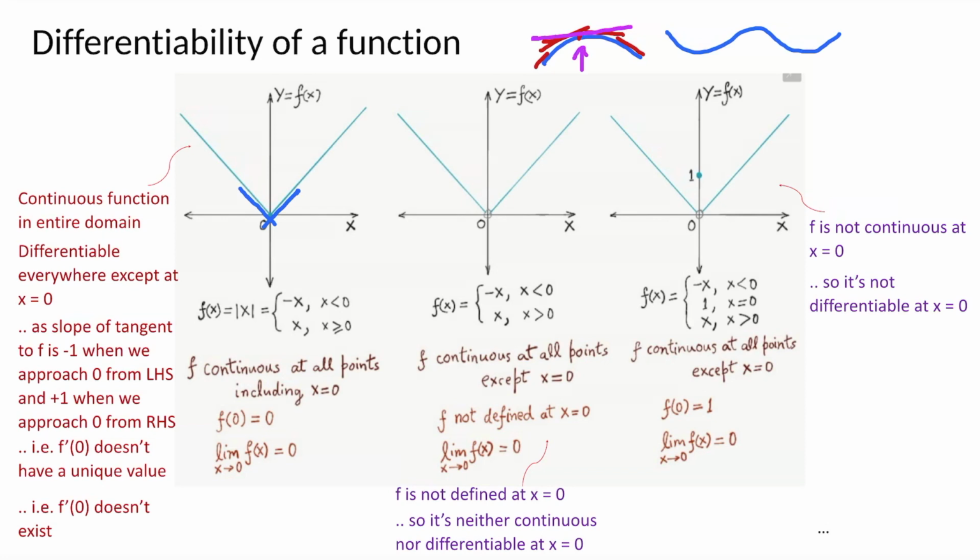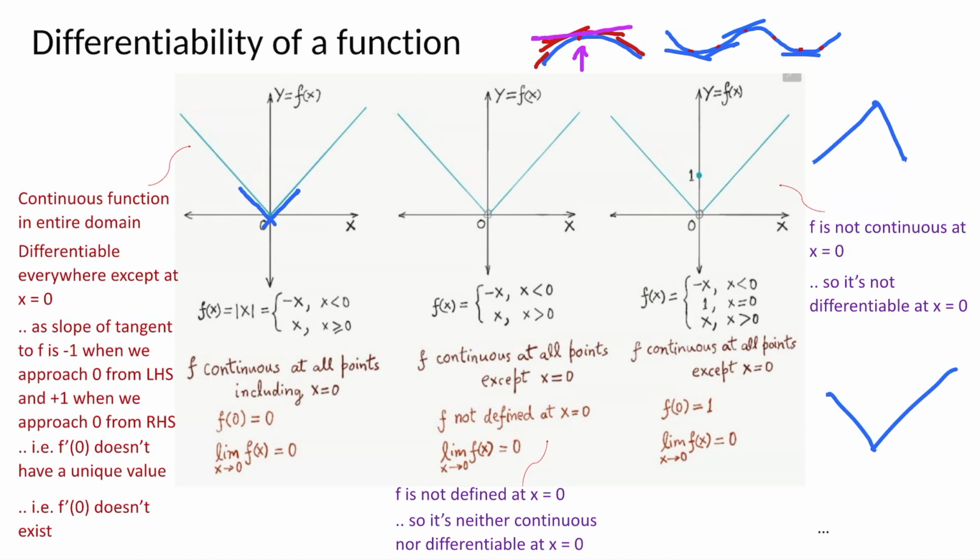And the same holds for various points that you can visualize on this other curve that I have shown here as well. It does have a unique slope, whether you approach it from the left hand side or from the right hand side. But if you look at another function which has a curve which takes a sharp bend, something like this or something like this,